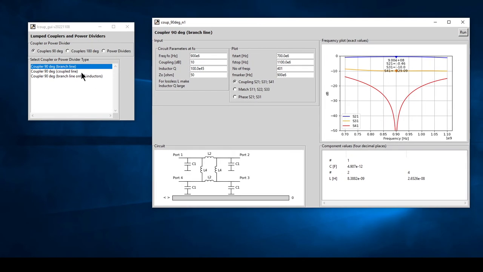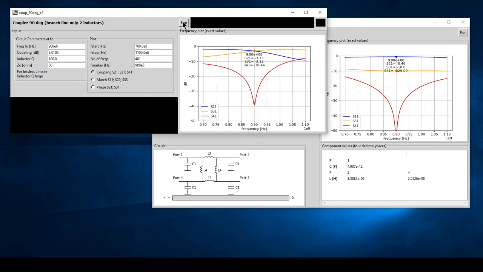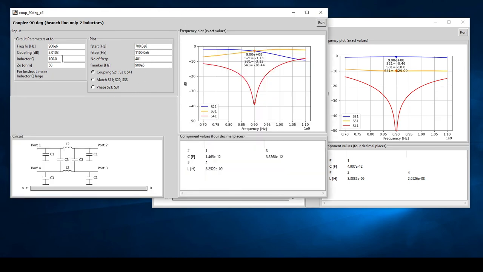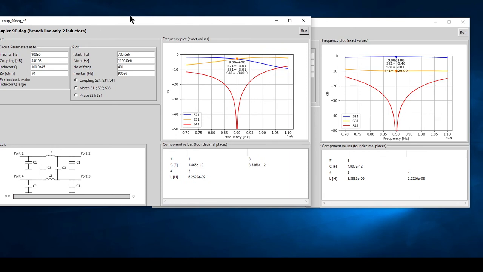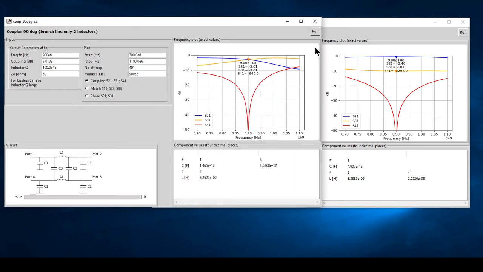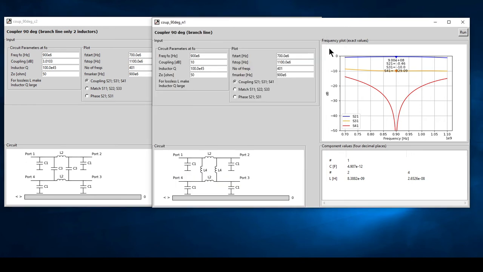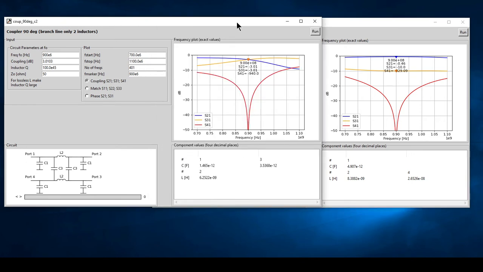Okay, so let's have a look at a branch line with only two inductors. Okay, let's run that one. Let's also make this a lossless case with a high Q. Let's run that again. Okay, so here we have the two cases. Over here we have the coupler 90 degrees with only two inductors. We see we only have two inductors. And over here then we have the case of four inductors. So we can compare the various